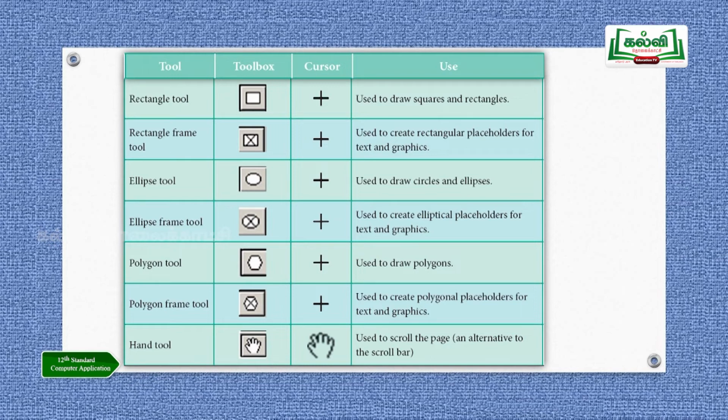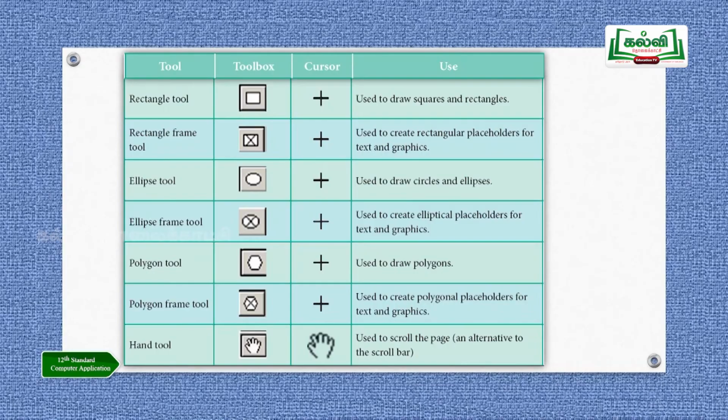Right, rectangle frame tool. If you remember like this, I will give you a little hint. You please remember like this: ellipse frame tool. Both are same. Rectangle, rectangular frame tool. What is the difference? In the ellipse tool, I am going to draw simply the ellipse. In ellipse frame tool, I am drawing the ellipse and putting text or graphics. The same way rectangle tool, I am simply going to draw rectangle. The rectangular frame tool, I am going to put some text or graphics in that rectangle box. So, I have just like that, given you 4 options very easily. Like that, you should remember easy options. Okay, pointer tool, rectangular frame tool, ellipse frame tool, line tool, and then constraint line tool. This will be easier for you to remember.